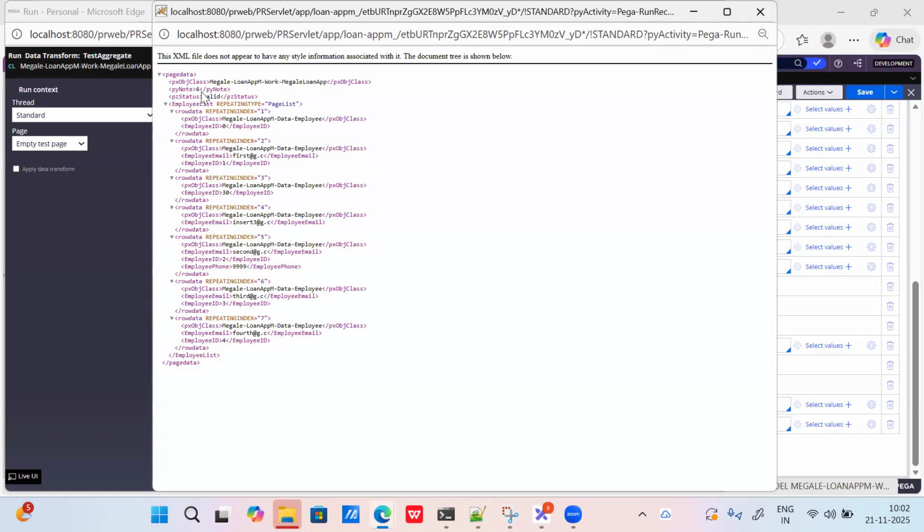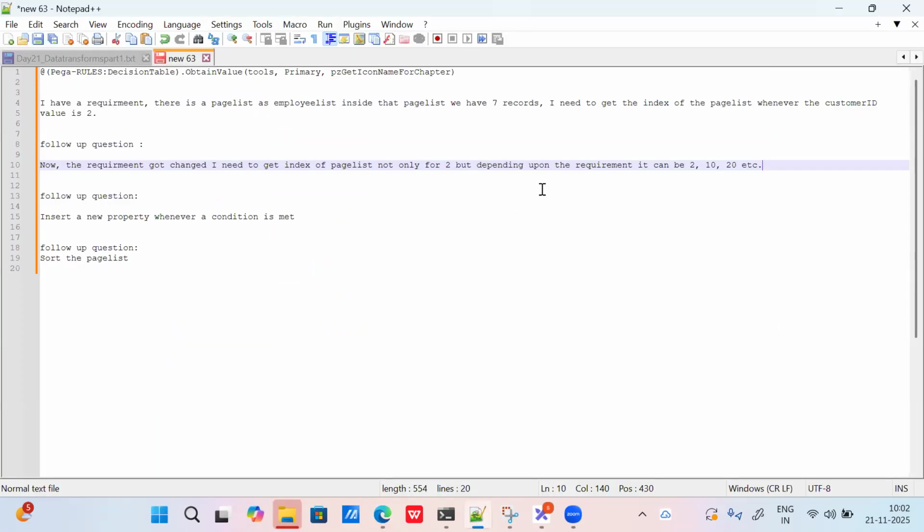So understand it. First, try to plug in whenever you have a requirement. Try to understand it in simpler terms. Don't directly jump to this question. If you directly jump to this question, saying that my employee ID, now the requirement got changed, you are not going to be able to satisfy your requirement. First try to plug in with respect to a simple value. If that is satisfied and you're getting the expected outcome, then instead of hard coding it, pass it as a parameter. Clear?